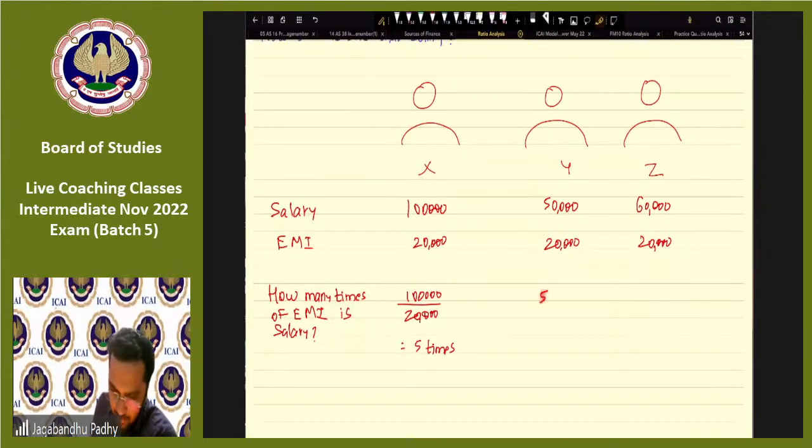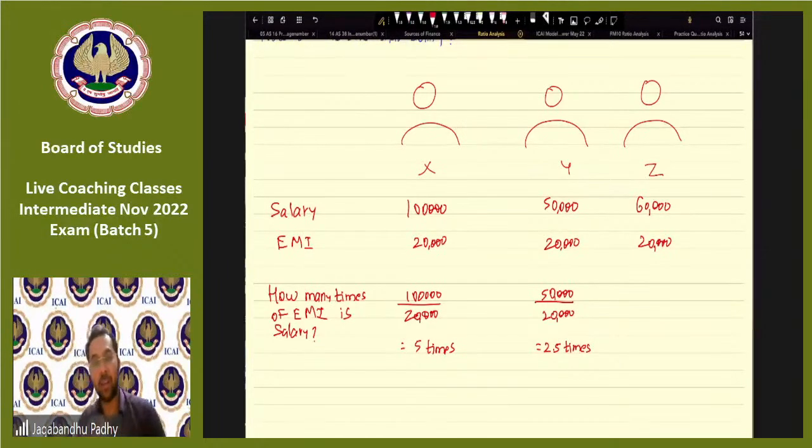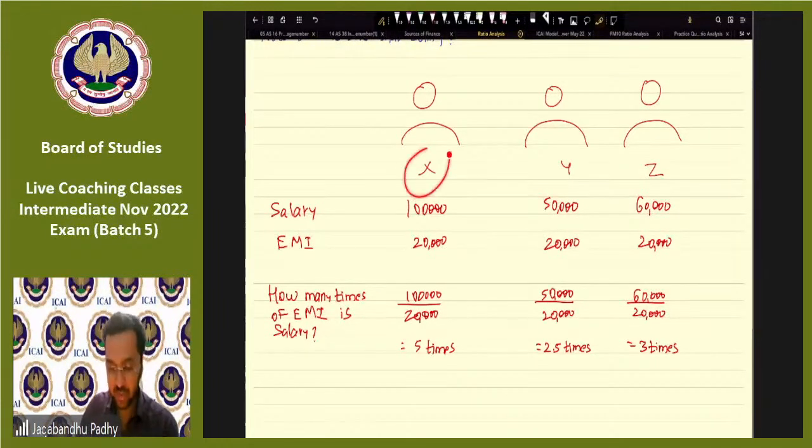Y is 50,000 divided by 20,000, which is 2.5 times. It means the income of Mr. Y is 2.5 times of the EMI. And in case of Z, you say it is 60,000 divided by 20,000, which is 3 times. So, of course, any person who is having a higher level of income as compared to the EMI portion